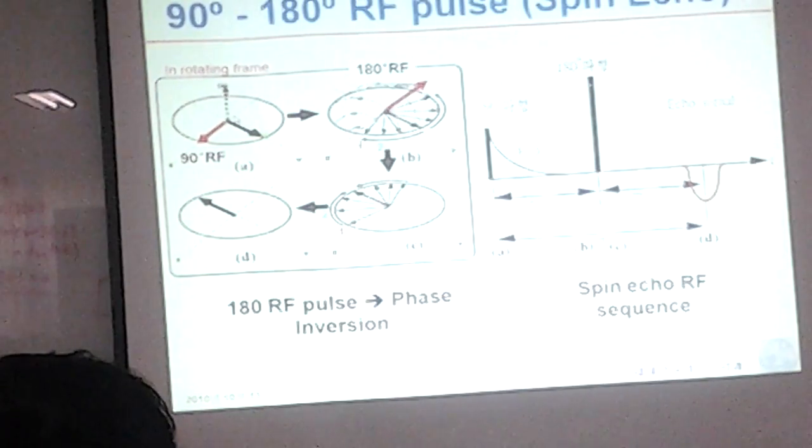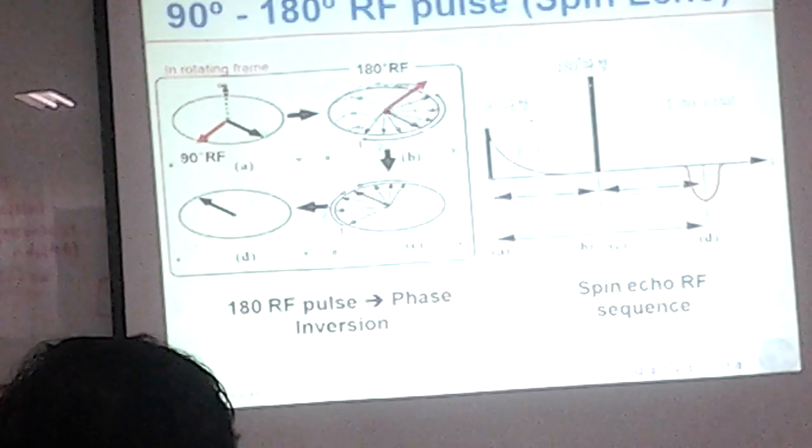A picture corresponds to here, and B spin diagram occurred at this time, just before the 180 RF pulse, and C spin diagram corresponds to the time here, just after the 180 RF pulse, and the D spin diagram corresponds to the time of the peak of the spin echo signal here. Okay,